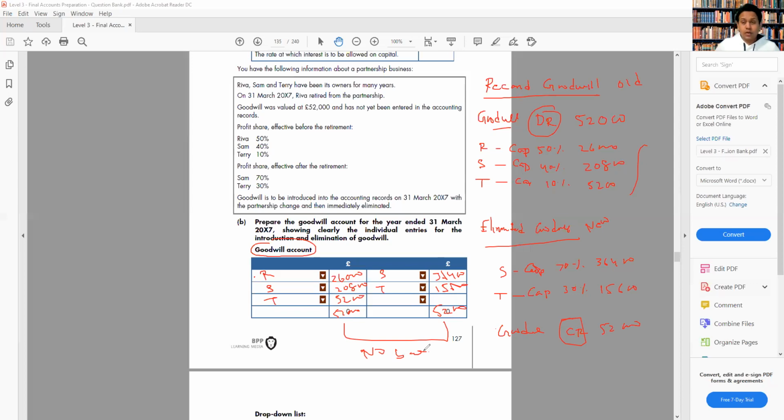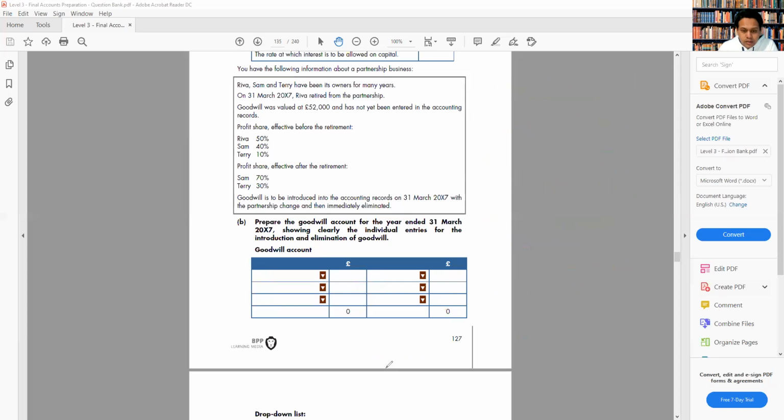So I would say always remember the journal: recording the goodwill will be debit, and when you eliminate the goodwill will be credit. It will be increasing the capital when you record, and decreasing the capital when you eliminate. All right, let's move on